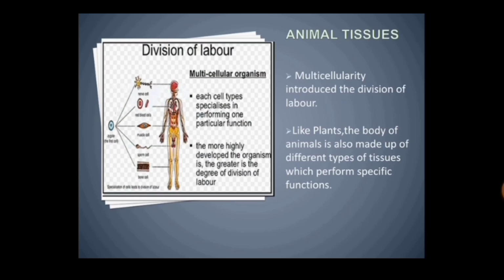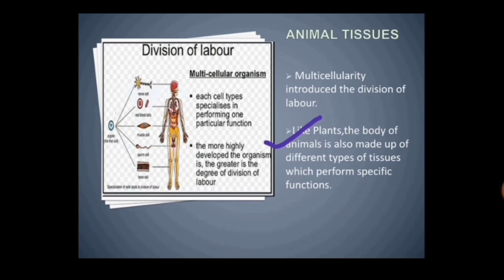So what is division of labor? It means the entire work is divided among groups of individuals. So every group is assigned a specific task. Okay? So this is division of labor. Now children, like plants, the body of animals is also made up of different types of tissue which perform specific functions. Okay? Children, for example,